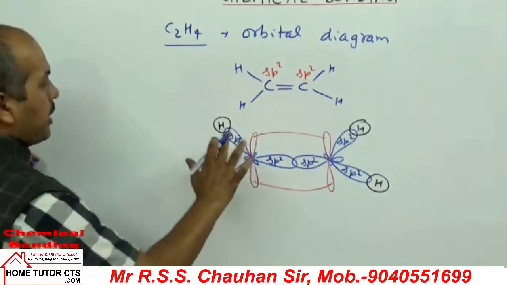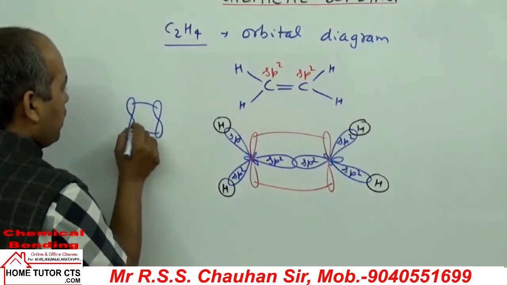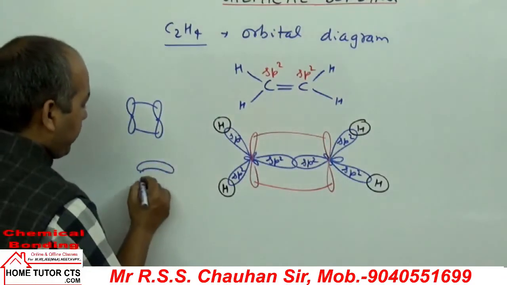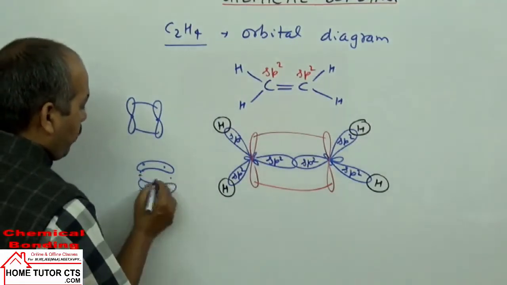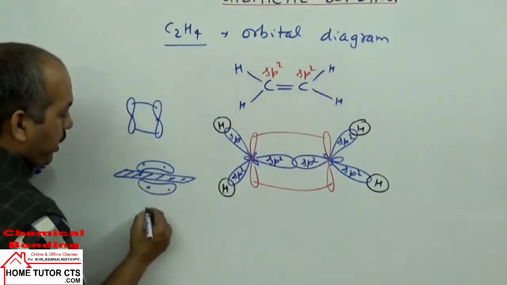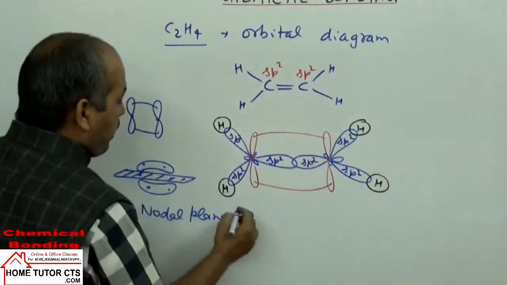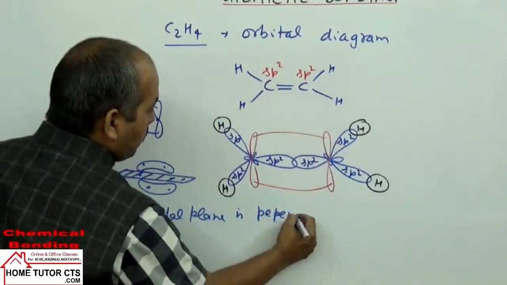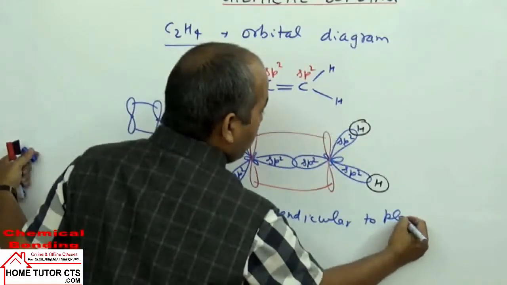The question was this: the p orbitals overlapping form pi bonds by lateral overlapping. So what happens when it is nucleus? When the overlapping takes place, it can be taken as the pi bond formed by lateral overlapping of electrons. So what happens to the pi bond? It has a nodal plane. We can take the nodal plane of the pi bond as perpendicular to the plane of the molecule,